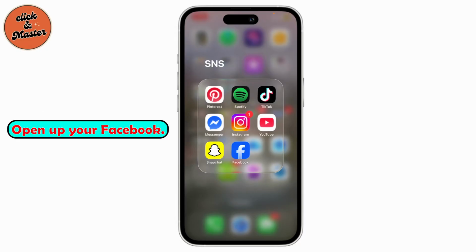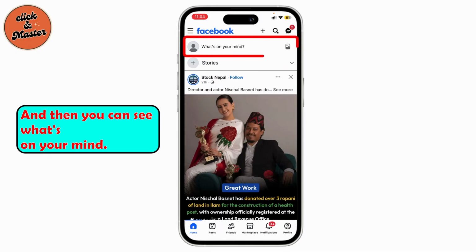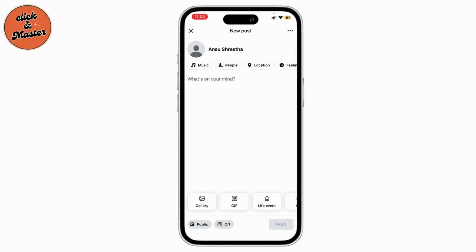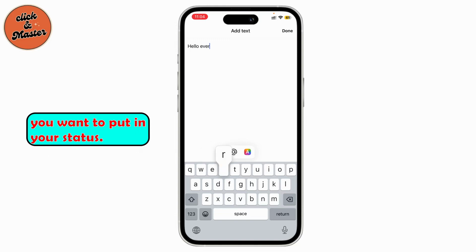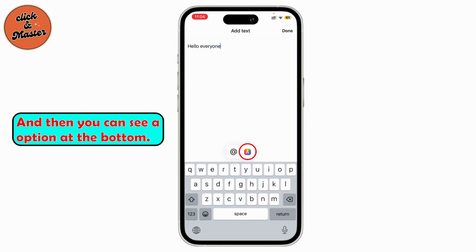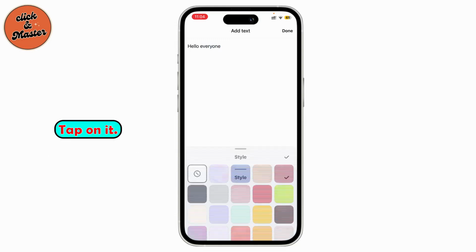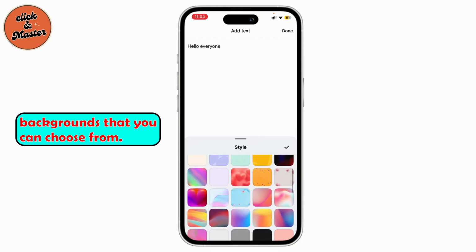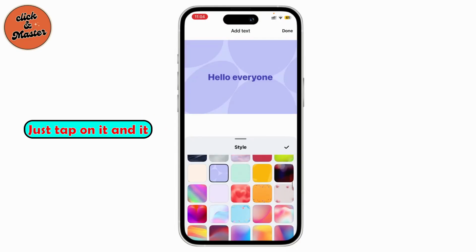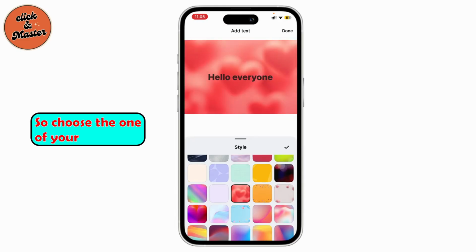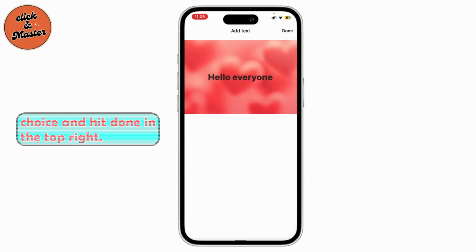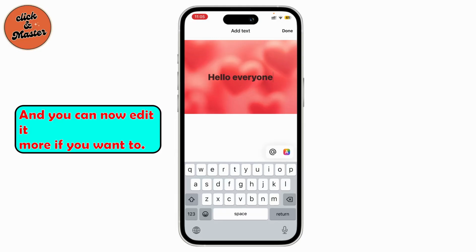Open up your Facebook and then you can see "What's on your mind." Tap on it and then tap to write what you want to put in a status, and then you can see an option at the bottom. Tap on it. Here you can see various backgrounds that you can choose from. Just tap on it and it will give you a preview. So choose the one of your choice and hit done in the top right, and you can now edit it more if you want to,